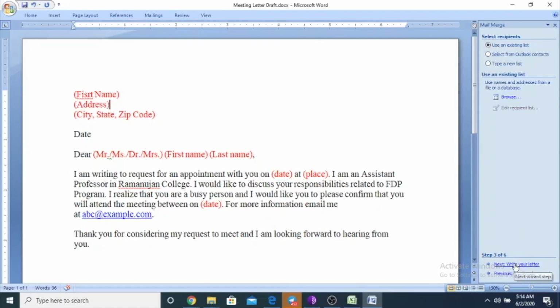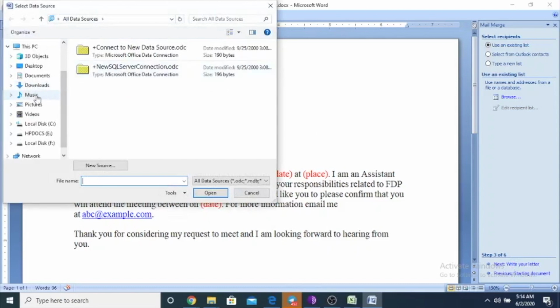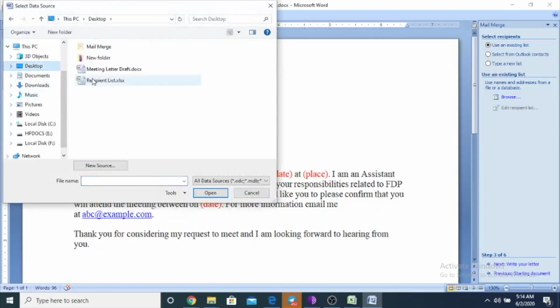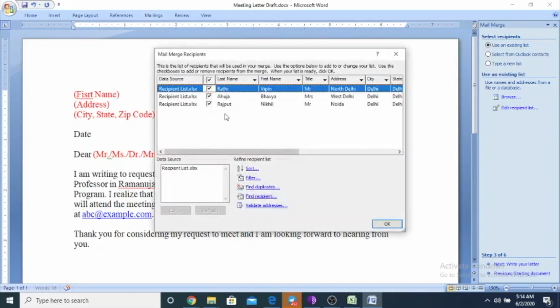If you choose the recipient list, just select the list. This is my list. You can see that whatever data is in my Excel recipient list is coming over here also. You can perform certain refine actions like sorting, or you can filter out certain values, depending on your need.